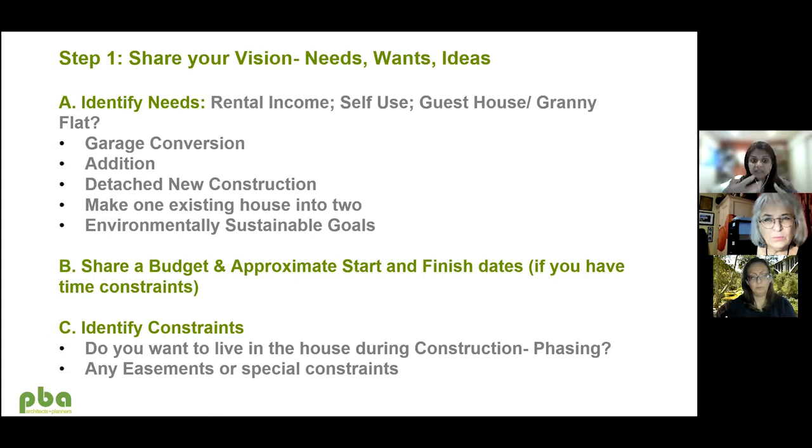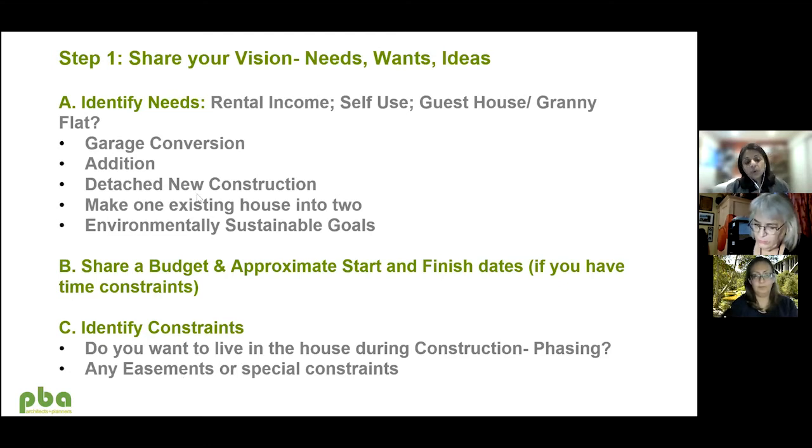So that's what the architect is able to help you do, arrive at whether you're going to be able to meet that or not. And then if you have any time constraints, you should share that as well. So for example, let's say you did want a family member to move in by a certain date, you should be able to share that so that the architect can create a detailed schedule and tell you if it's feasible and realistic or not.